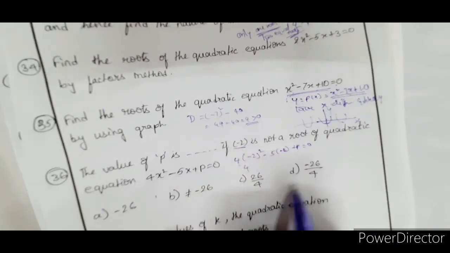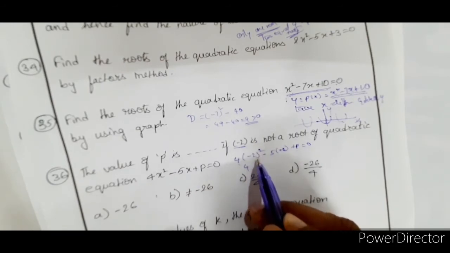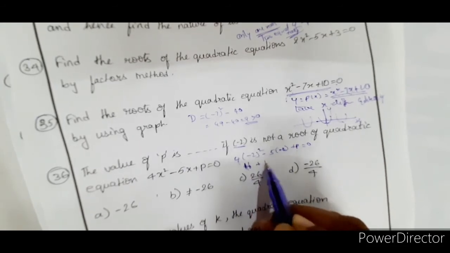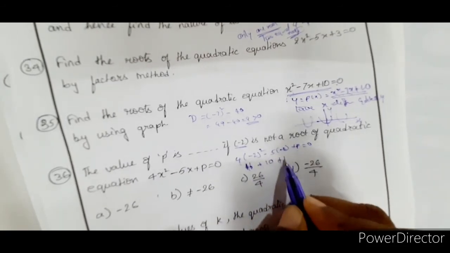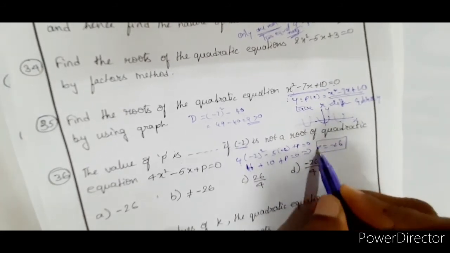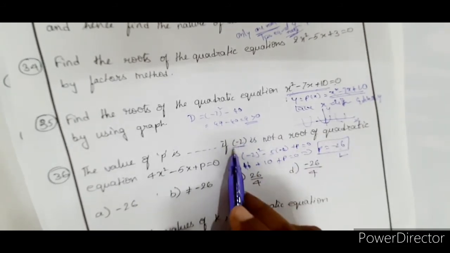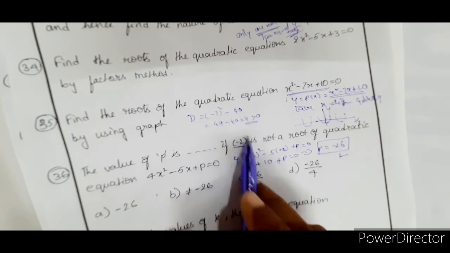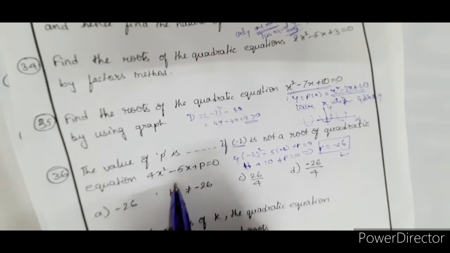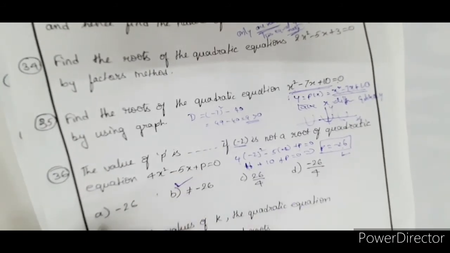So therefore, because I have a not equal to option also. So, minus 2 whole square is 4, into 4 is 16, minus 5 into minus 2 is plus 10, plus p is equal to 0, which implies p is equal to minus 26. See, p is equal to minus 26 is possible only when the root is minus 2. If the root is not minus 2, then p is also not equal to minus 26. So I am only using the logic here by observing the options.